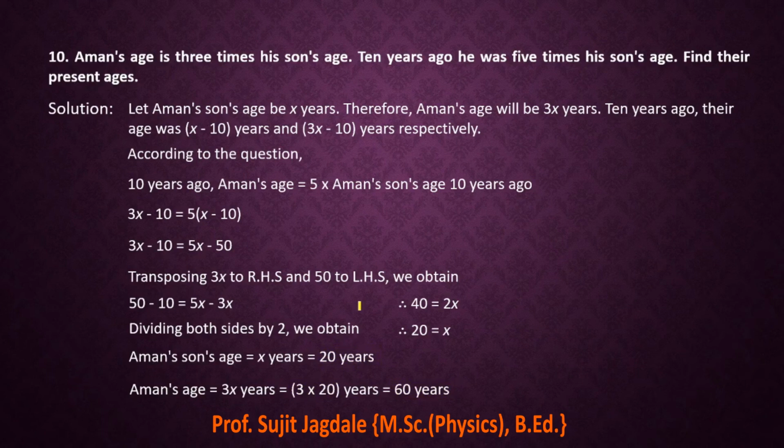So in this way we are able to solve the word examples. By using the given conditions, we have to construct the linear equation in one variable, and then we have to solve that linear equation in one variable, and by solving that we get the answers. So this is exercise 2.4, and here exercise 2.4 is finished.